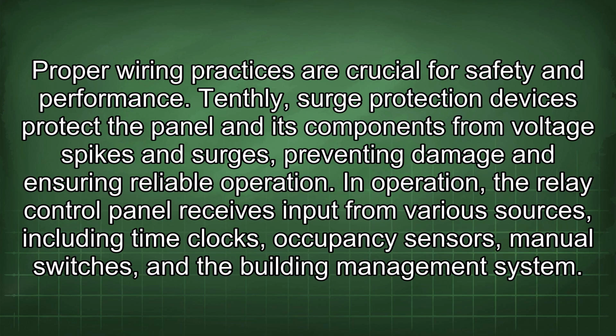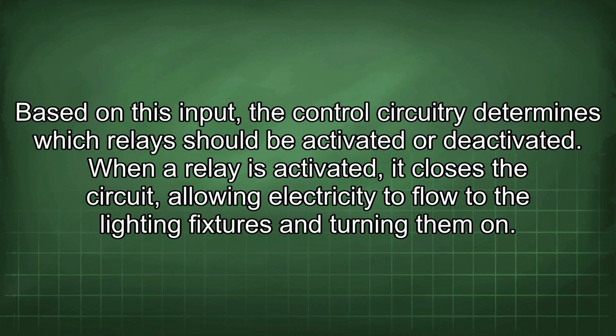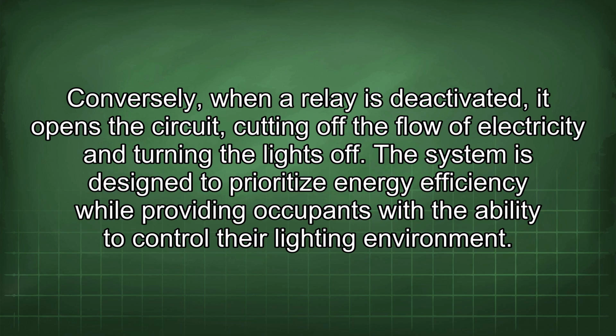the building management system. Based on this input, the control circuitry determines which relays should be activated or deactivated. When a relay is activated, it closes the circuit, allowing electricity to flow to the lighting fixtures and turning them on. Conversely, when a relay is deactivated, it opens the circuit, cutting off the flow of electricity and turning the lights off. The system is designed to prioritize energy efficiency while providing occupants with the ability to control their lighting